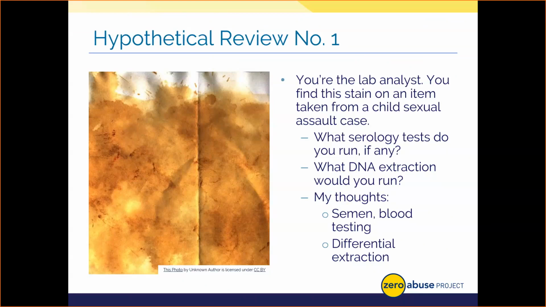So my reasoning is really simple, right? Looking at this, it's more informative to you as the prosecutor or investigator to show there was potentially blood indicating injury alongside the sexual deviance, which I would argue is shown by semen and then maybe even the saliva testing, as someone mentioned.